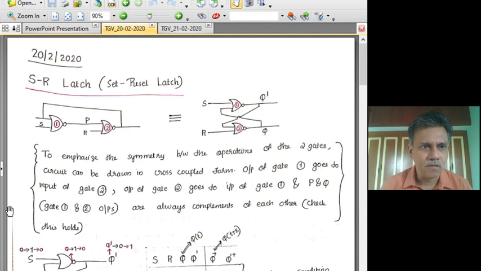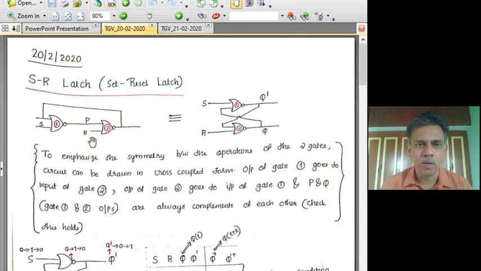So basically we have two NOT gates realized using NOR gates in a cascaded form, with a feedback from the second NOR gate to the first. The other two inputs that are available at the two NOR gates are being taken out. One is called the S, another is called the R input, and that can be used to force the state of the latch to either 0 or 1.